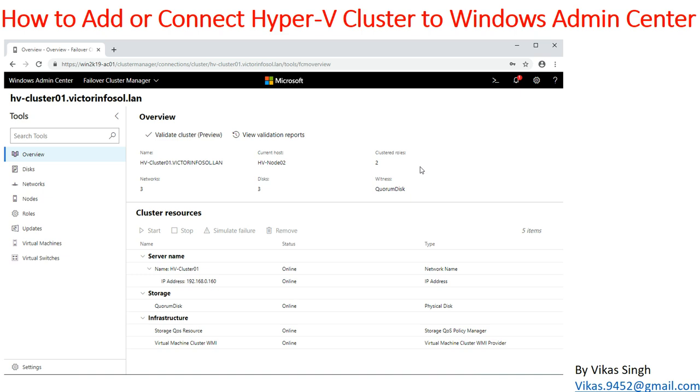So if you worked on Windows failover clusters, there was always a way to connect to your clusters by using Windows Failover Cluster Manager, which is not a browser-based application. Now Microsoft has introduced Windows Admin Center, where you can connect your failover cluster by using a web browser, and you can do all the management tasks related to Failover Cluster Manager from Windows Admin